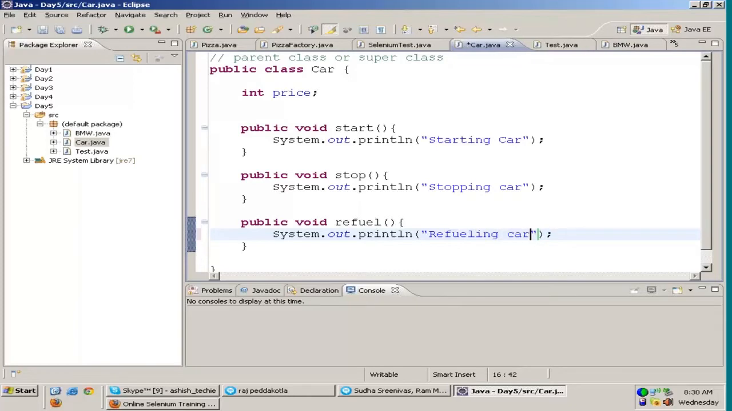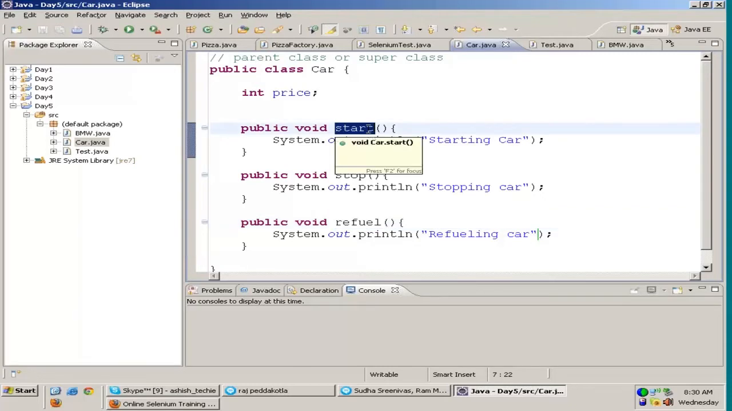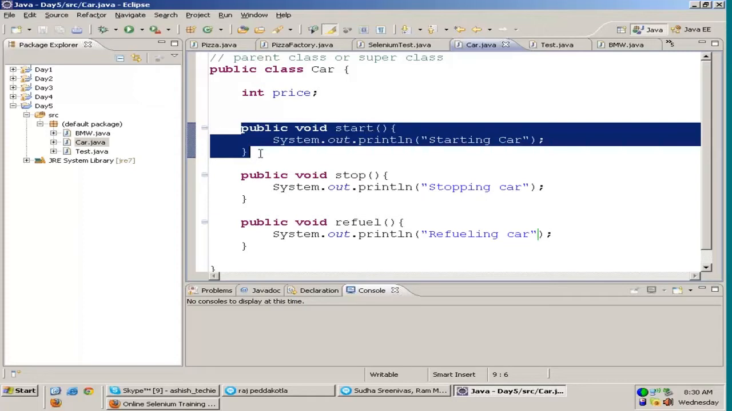Right, now BMW will acquire all the properties, that is, it will have all these three properties. But BMW will tell you that fine, although the car property I am acquiring, the start property I am acquiring from the car class, I am no longer interested in starting the way the car starts. I want to implement the start function on my own. Okay, so what it does is that